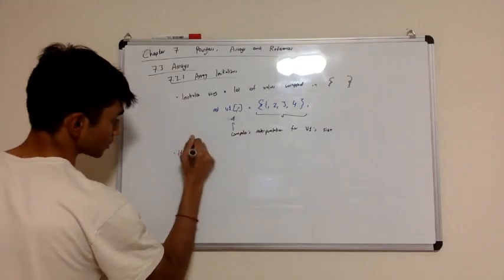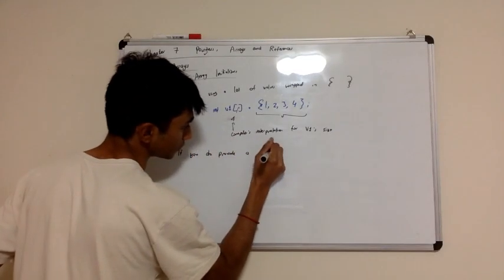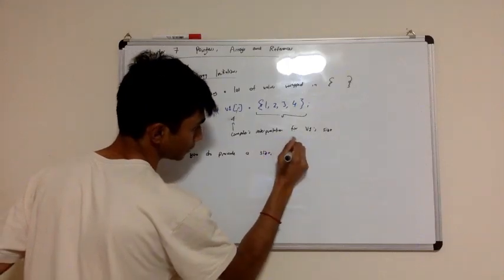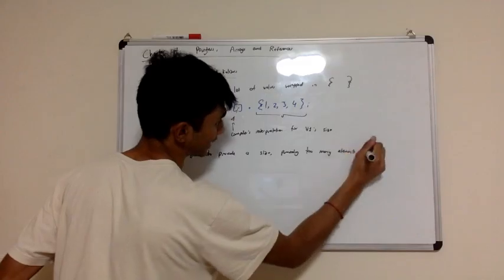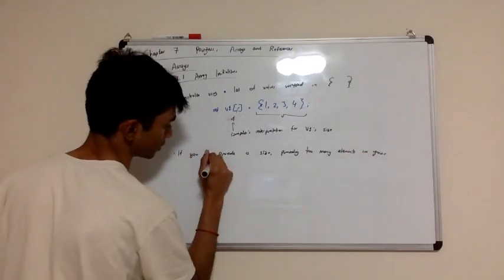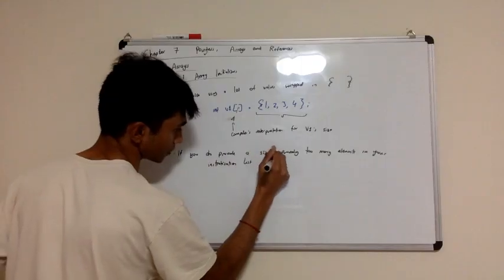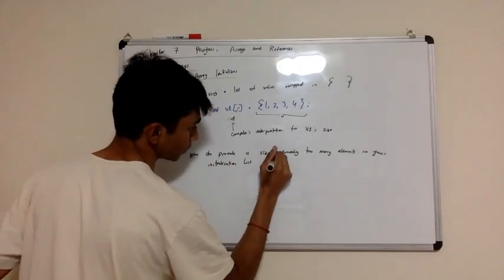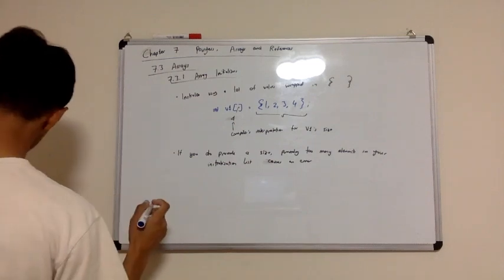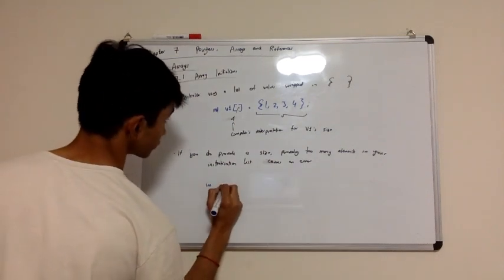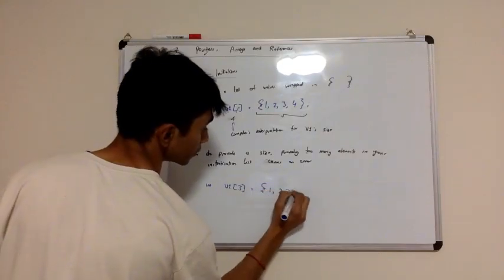if you do provide a size, providing too many elements in your initialization list causes an error. So if you were to go, int v1 and then say 3 equals 1, 2, 3, 4, the